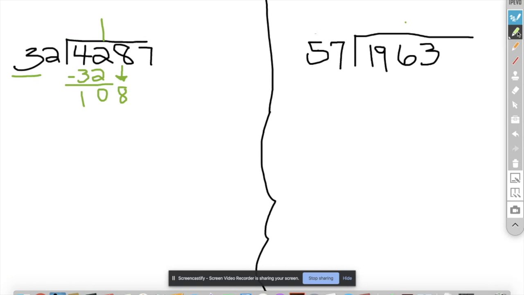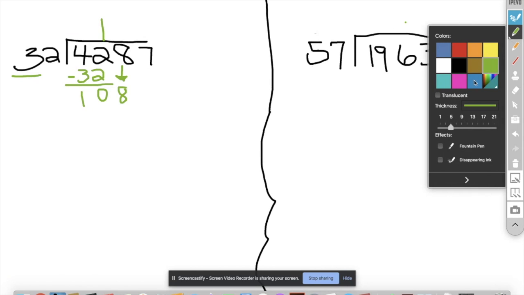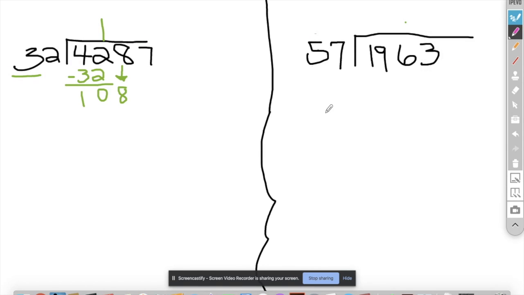I'm going to change colors again. Let's go with this nice bright pink. Okay, so again, oops. Oh, I'm holding down on my mouse. Let's do an undo. There we go. Okay, so